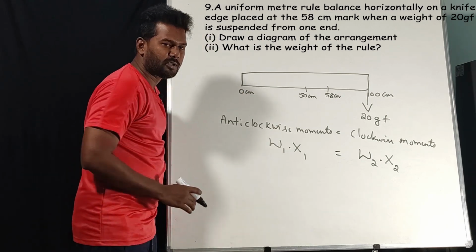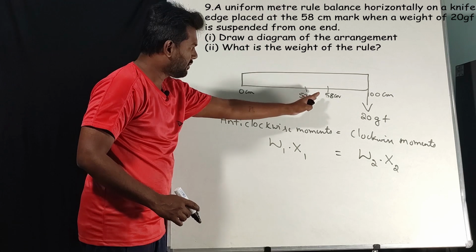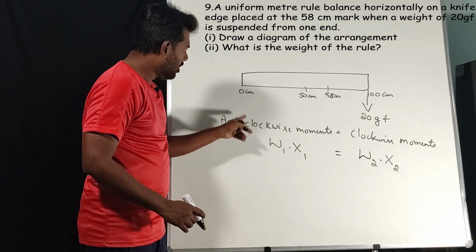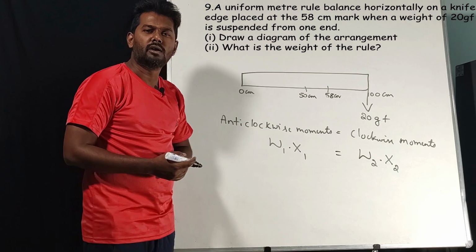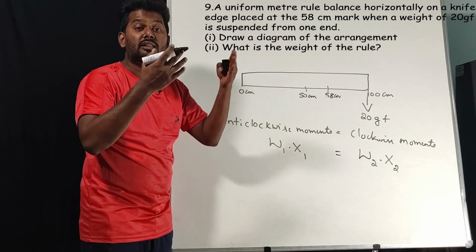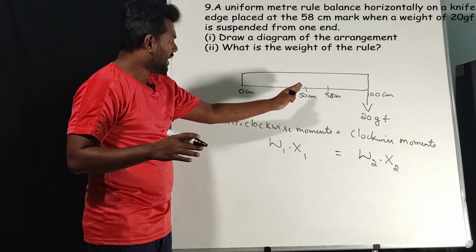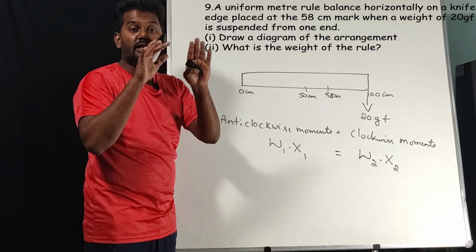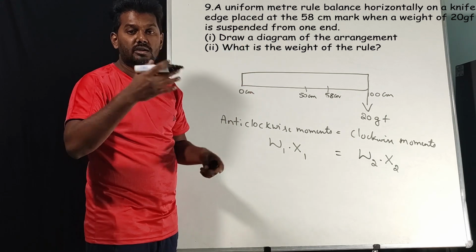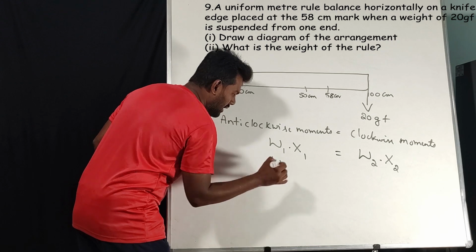Now what do you mean by W1? Do you see any weights on the left side, the anticlockwise side? No. Then what do you mean by W1? W1 is nothing but the weight of the ruler. If this side doesn't have any load, then the W1 value will be the weight of the scale. That is what we are going to find. We'll keep it as W1 only, into